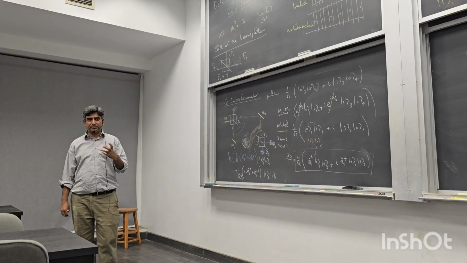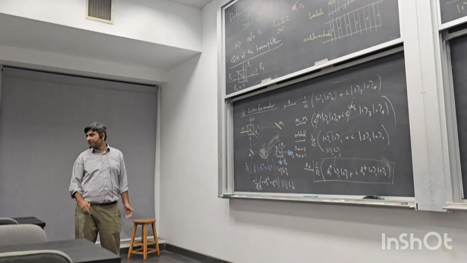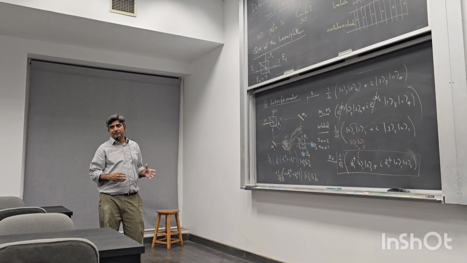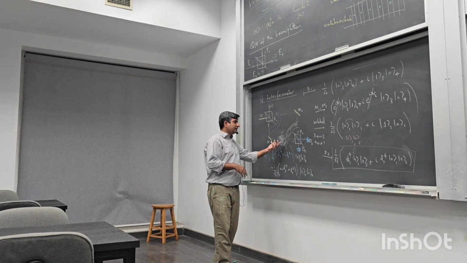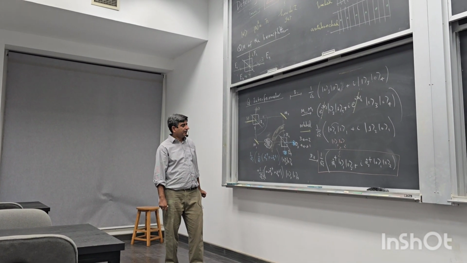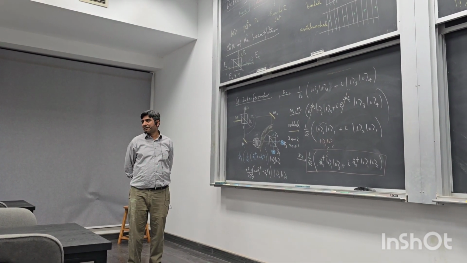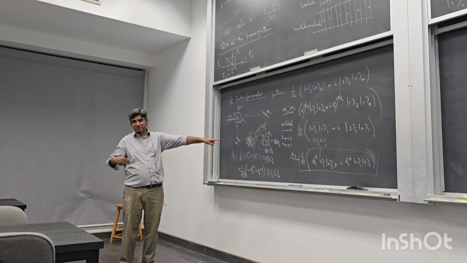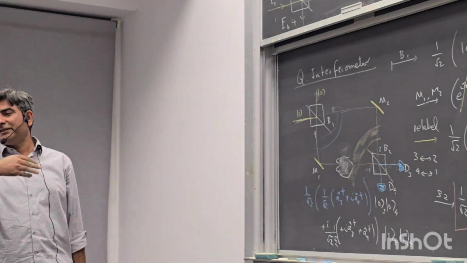Perfect absorber. But we don't have the luxury of opening up the box and finding out whether this blob exists. If in some experiment one wants to ask the question, is one of the paths obstructed? If D4 clicks again, it's inconclusive whether the object exists or not. But if D3 starts to click, in one experiment you keep on shining photons one after the other. Sometimes D3 is going to click. When D3 clicks,